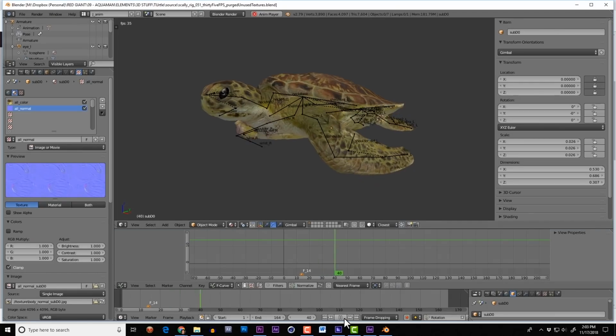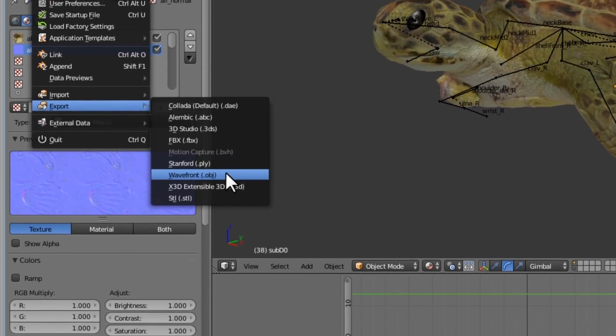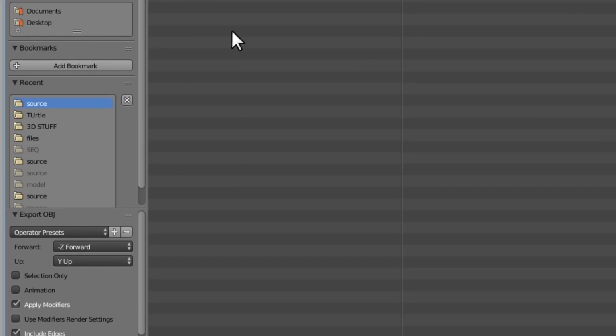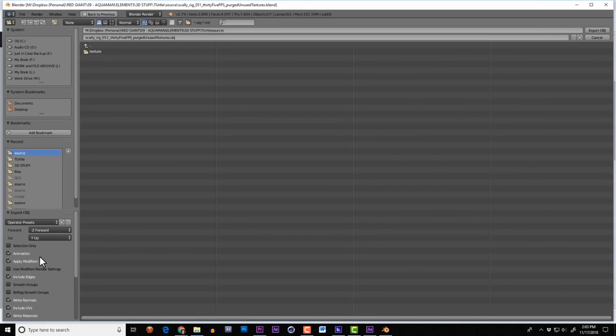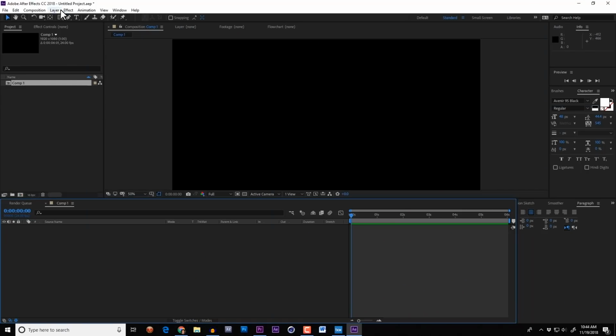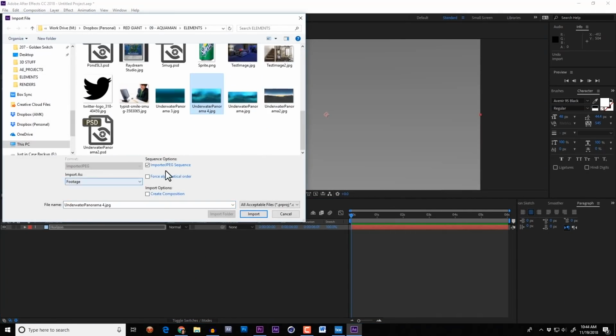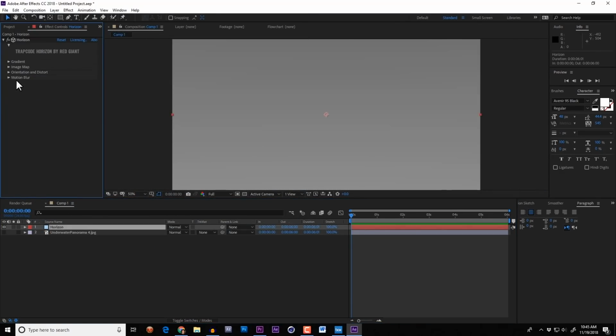It's beautifully animated in here, so just like in our Black Panther episode, I'm going to export an OBJ sequence by clicking Export OBJ and then checking the animation box here. A few minutes later, I've got a perfect sequence. Then I'll hop into After Effects to set up my scene. I'll load in one of those underwater panoramas and apply it to a solid